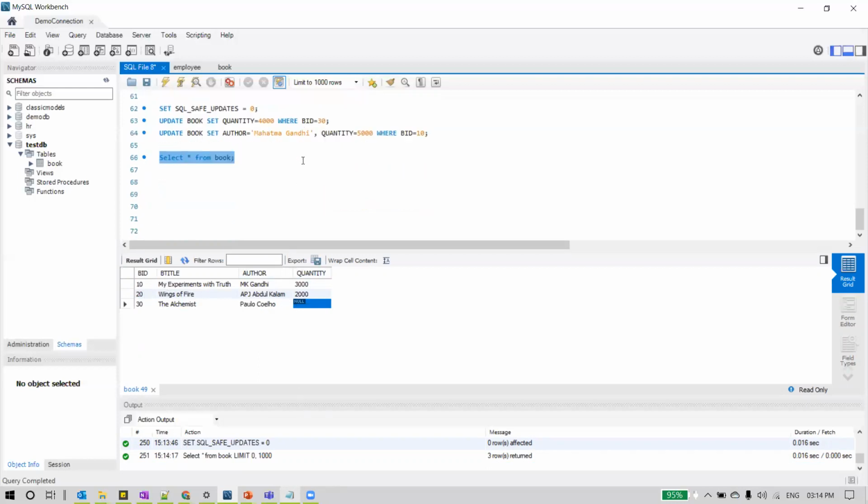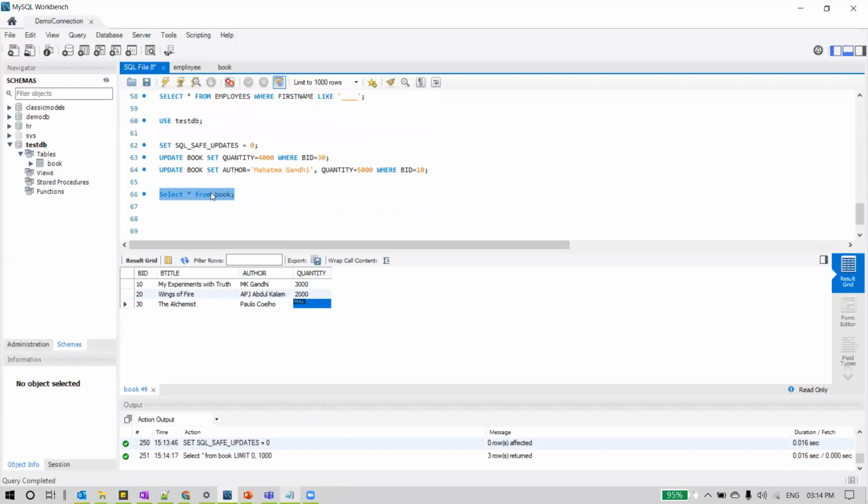Now what we are going to do here is observe. We are going to update this table, and what we are going to update is, for the third row, the quantity. As it is null, I wanted to provide some value to it. So how to do that? We already have the table created. We also have some data inserted into the table. Now I wanted to update this table, and that too this specific cell, the third row, quantity column. So how to do that?